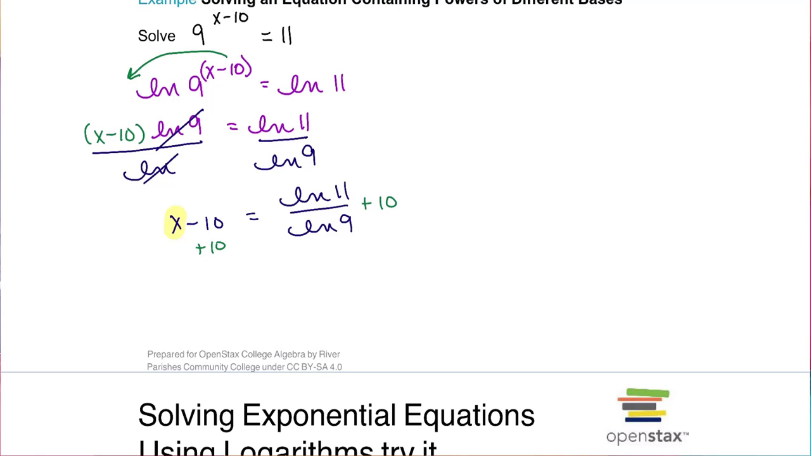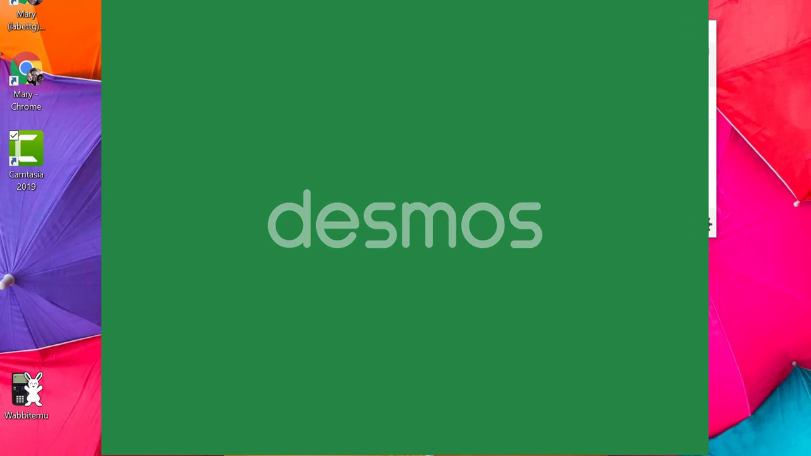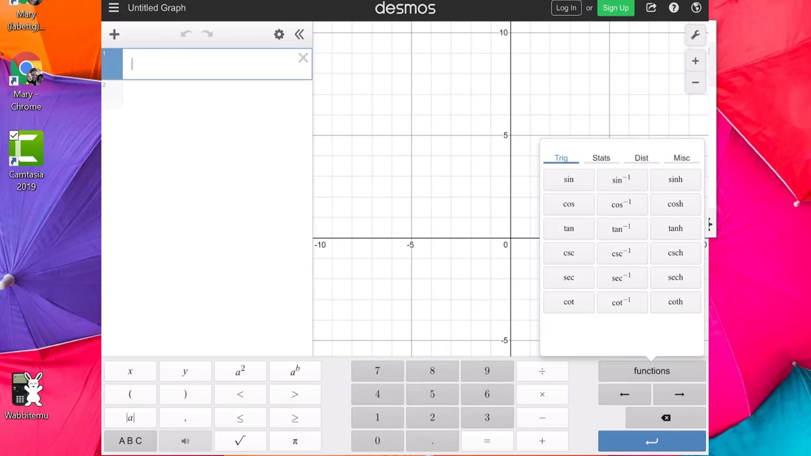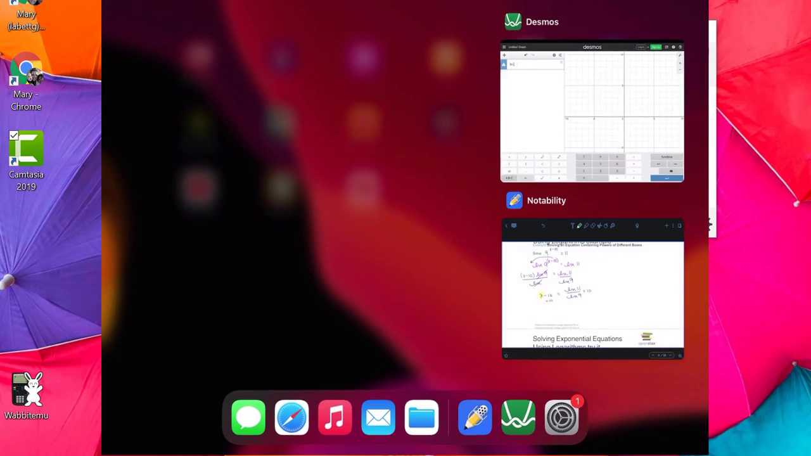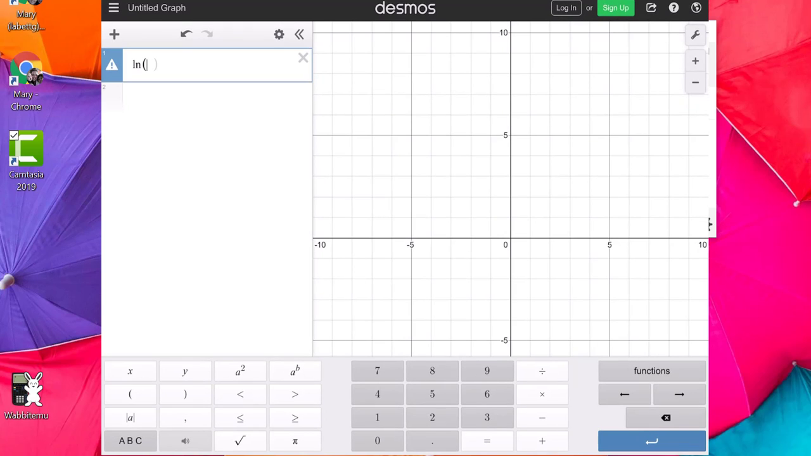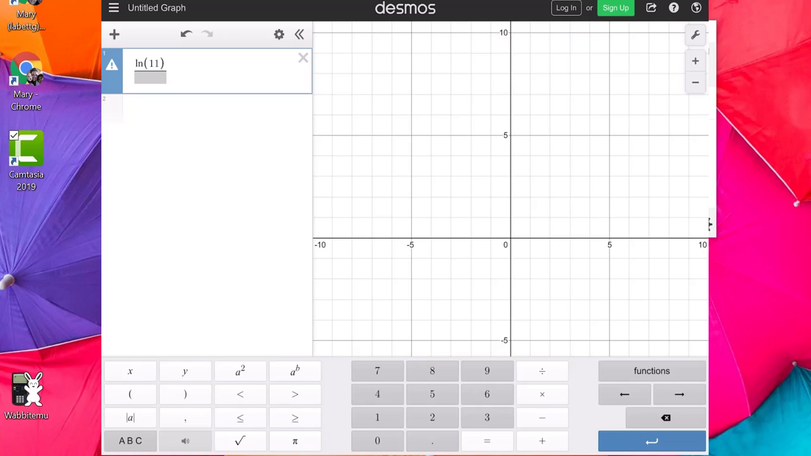But what you could do is just take this and go into Desmos or a TI. Just to recall, if you're doing Desmos, you'd hit Functions, and then you would hit the natural log under miscellaneous. So let me remind myself what it is: ln of 11 over ln of 9. So ln of 11 divided by,